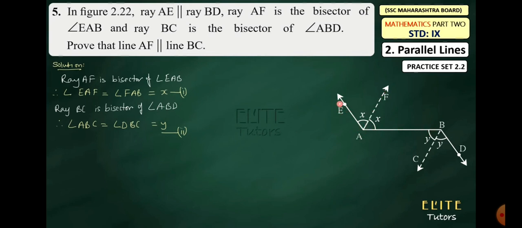AF is the bisector and divides EAB into two equal parts, and CB is the bisector and divides ABD into two equal parts, and the two equal parts are given as X, X and Y, Y in the figure. So students, first we get EAF equals FAB equals X, and second we get ABC equals DBC equals Y. This is second. So therefore,